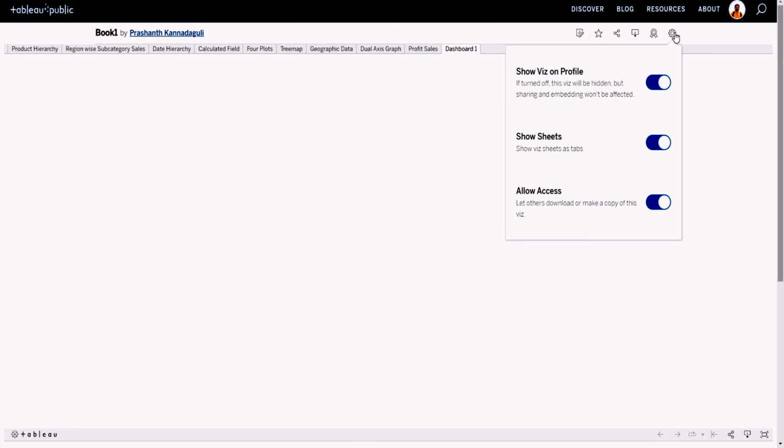No. So in the settings, you see, right, you have another setting that allows access or not. If you allow access, others can also download a copy of this, and they can place it in their profile and make modifications on their side. Whenever they modify, your version will not be changed. The only thing is that once they download it to their profile, they can make modifications in that. As it is, when somebody looks at your profile and whatever you have shared,